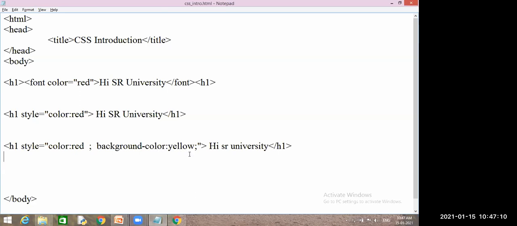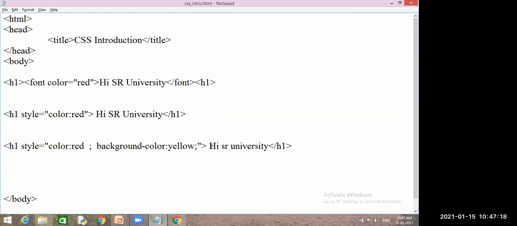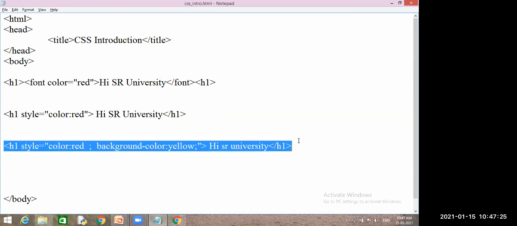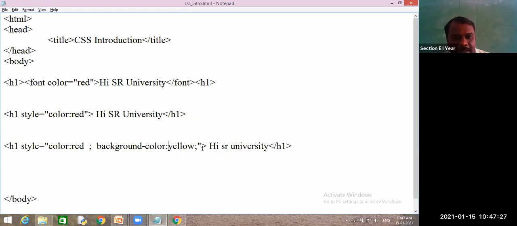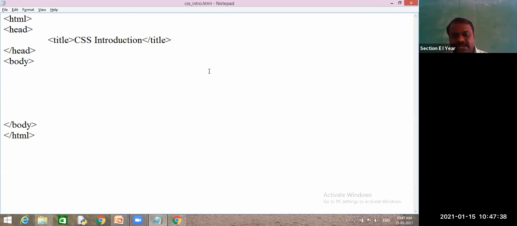Okay, now we will go for the second concept, and what type of CSS are they? Inline. Why are you saying this as inline? Because in the same line, I have written this property, and this property applies only to this line, which never applies to this line and this line. Okay, that is the reason why we are calling this one inline CSS. Now I will write one thing.